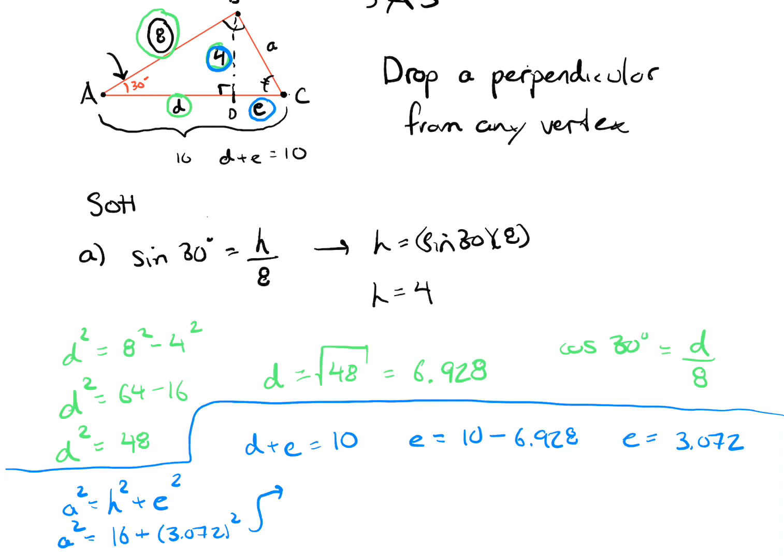Square root that, you get A, and I'll just simplify it. A equals 5.04. So boom, that's part A done. We just solved for A, 5.04. And the good news is now, if we consider this triangle, you have one side, you have another side. So you've got this side, you've got this side. You can solve for C by using some